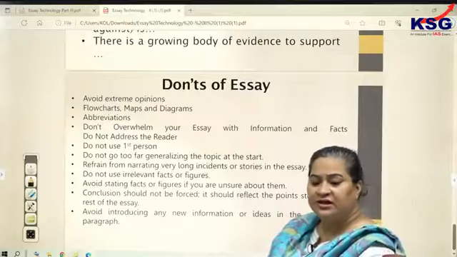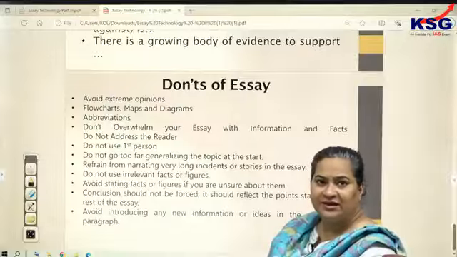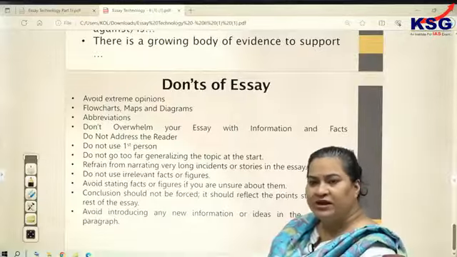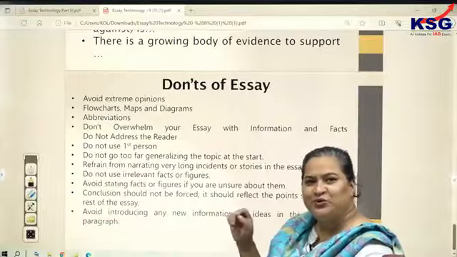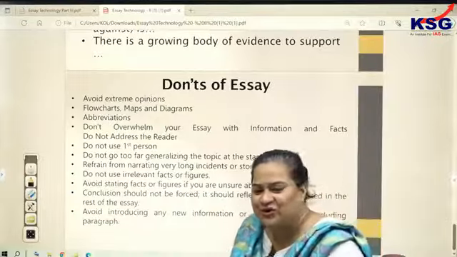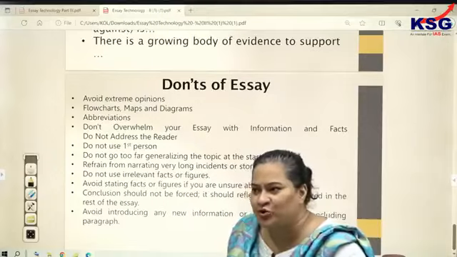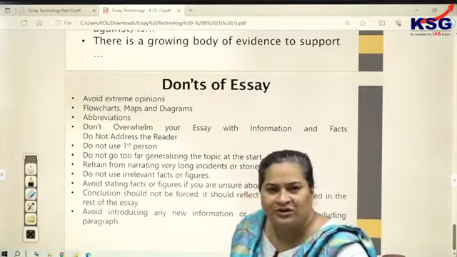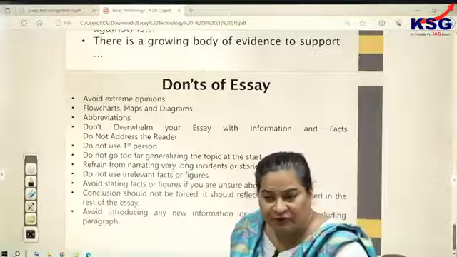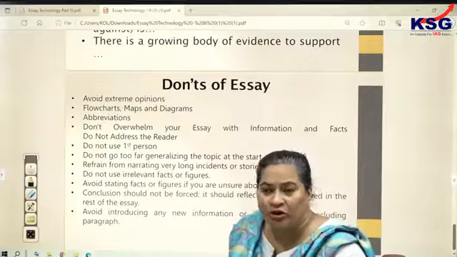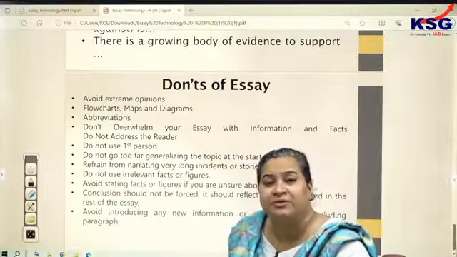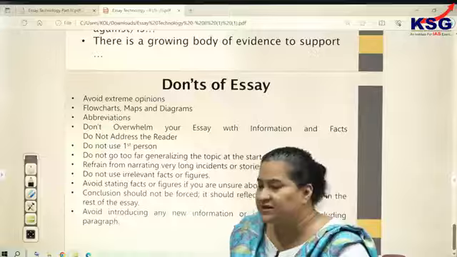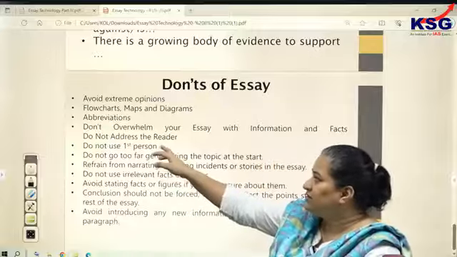Do not address the reader means don't write as you can see, as you may say, as you may consider, as you may perceive. Why? Is the person reading your paper your friend? So you're not supposed to write as you can see, as you can observe. You might ask, ma'am, what if I want to write something similar, or my language is getting built in around that? Write it as it can be seen, as it can be observed, as it can be stated. There is a way to write this given dimension.